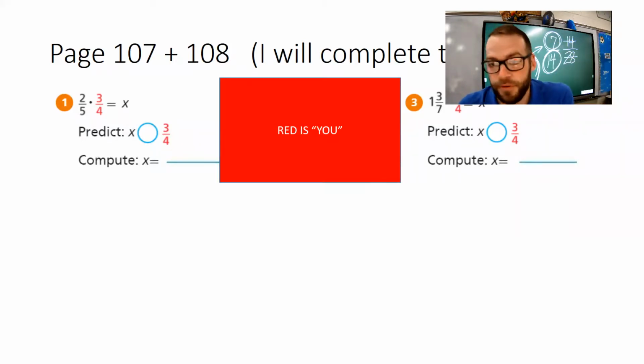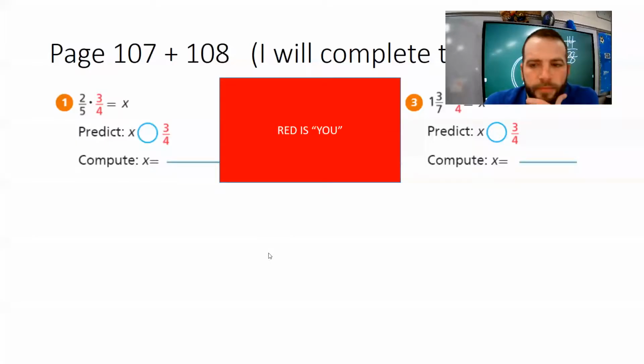You are 3/4. You are getting multiplied by 2/5. So you are finding 2/5 of yourself. You are 3/4. What's going to happen to your answer? Are you going to get bigger or smaller? Well, that answer is you are going to get